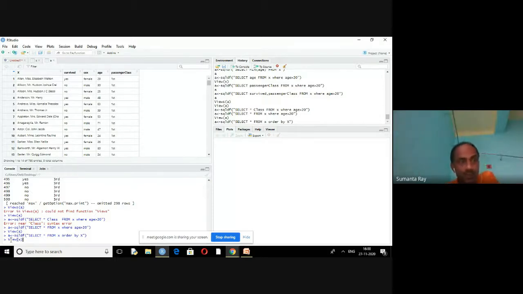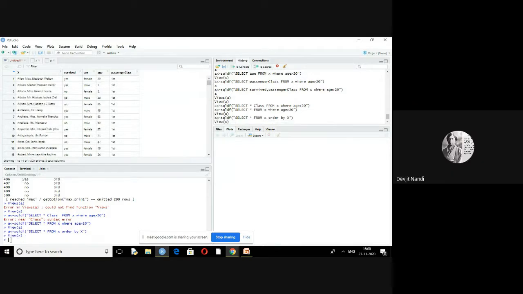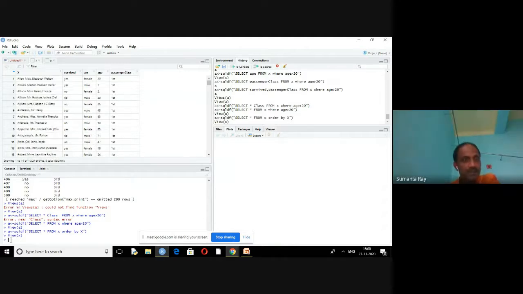If you go through the table, the first column name is capital X. Order by X means first A will come, then B will come, then C will come, like this.